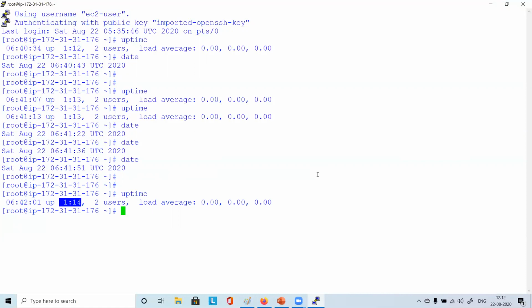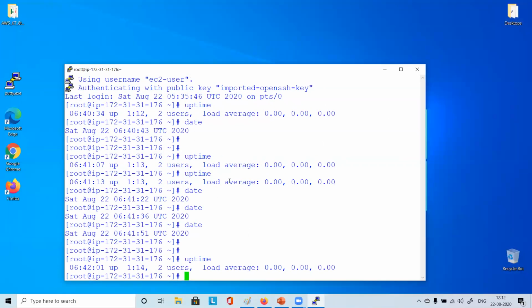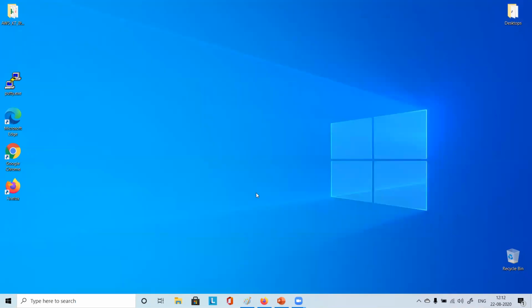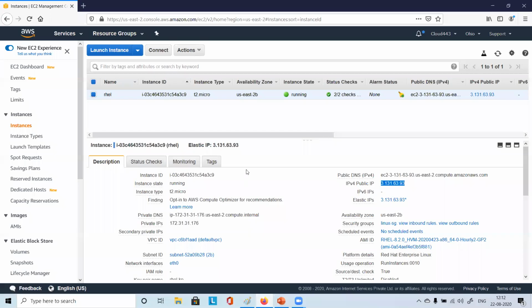We should disassociate and release, right? Yes. So once we disassociate, this connection will go. So what we can do is we can exit now itself, and then we can go to the console.